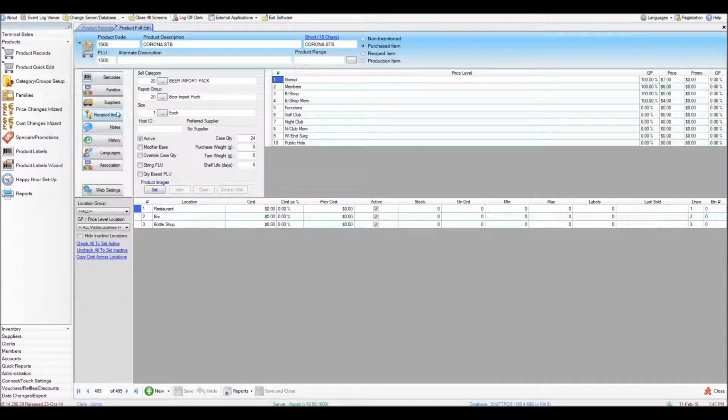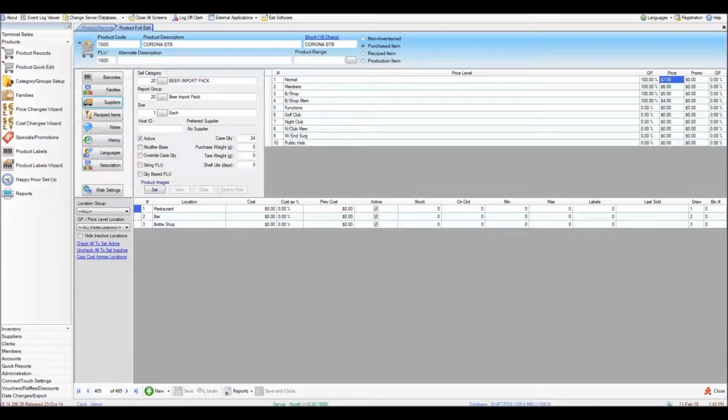So we've got a barcode in, and you might also want to add a supplier. Again, this is used when you're doing supplier invoicing, purchasing products in, to define where you're actually purchasing that product from, which supplier. So I've just gone to suppliers and add, and then I'll change the default supplier to, I guess, that one. And I can add an order code as well if I want to,